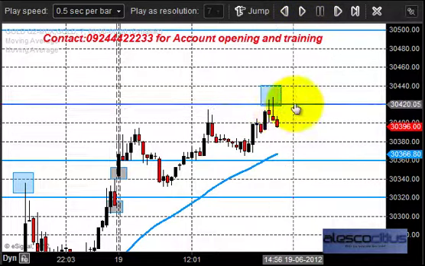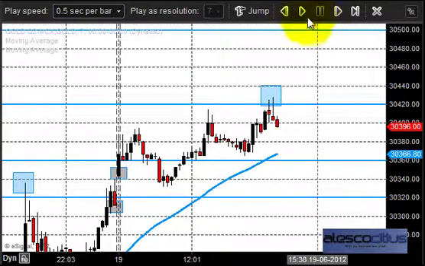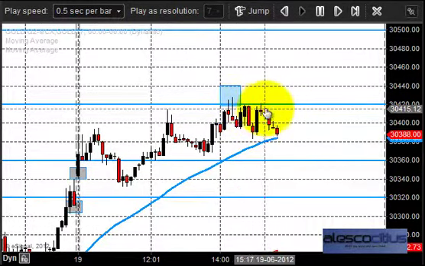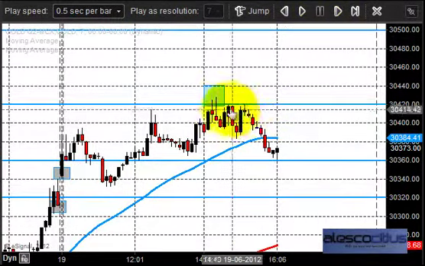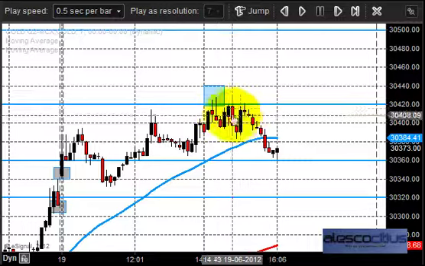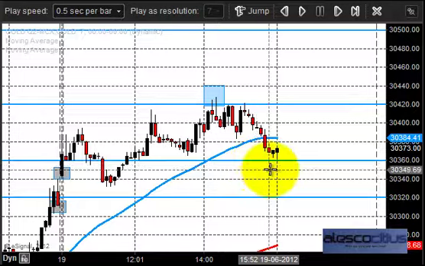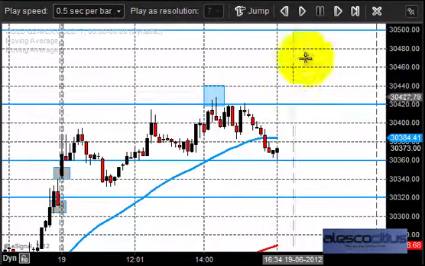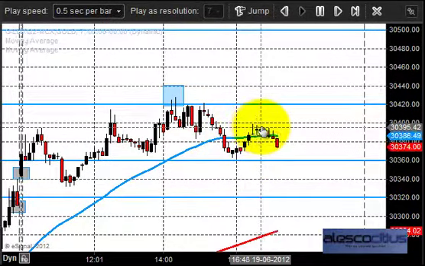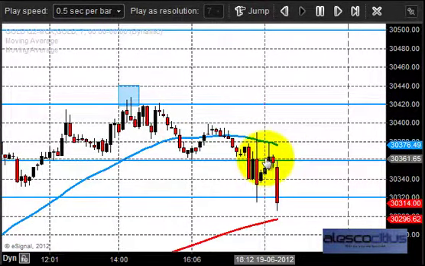Now we should see whether the market has the potential to stay and break above 30,420. The market is struggling and consolidating. You can very well see how many times the market is trying to break 30,420, and it was a consistent failure. That is the reason the market couldn't break it. Again the market came down, took some support around 30,360, and tried to break up, but it was a complete failure to put itself above